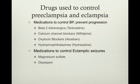Drugs that we use to control preeclampsia and eclampsia. Medications control essentially blood pressure and prevent progression of the pregnancy. And what I mean by that is I shouldn't have said pregnancy so much as uterine contractions. We use these medications to stop or slow down uterine contractions. Beta-2 adrenergics like Terbutaline are utilized. These are called tocolytics, and they decrease the uterine contraction by relaxing the smooth muscle there. Calcium channel blockers do this as well, by blocking the calcium channels and relaxing the smooth muscle. Oxytocin blockers would actually stop the trigger, and things like hydralazine would control the blood pressure, and that would be